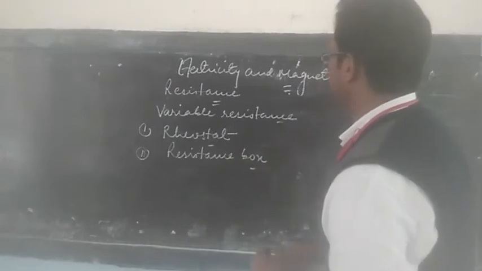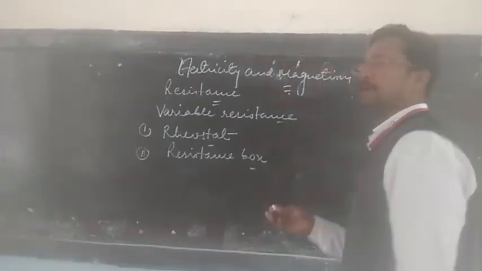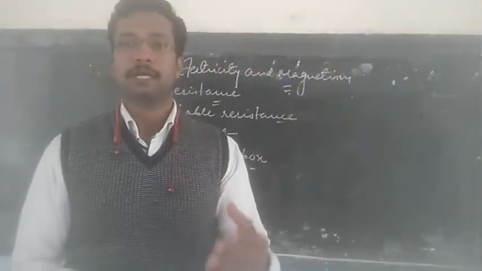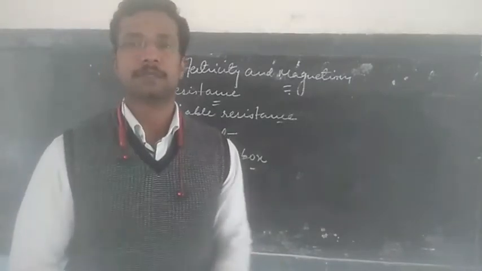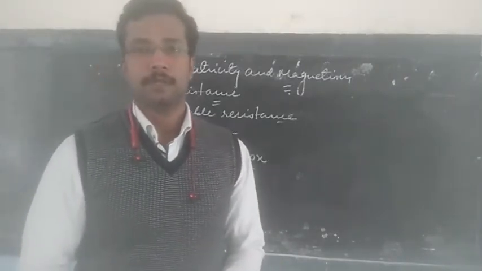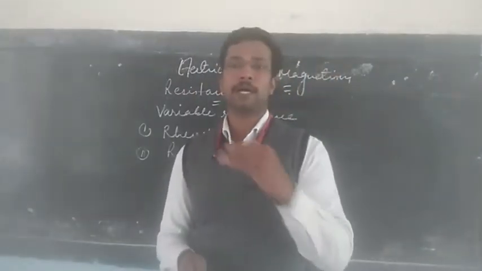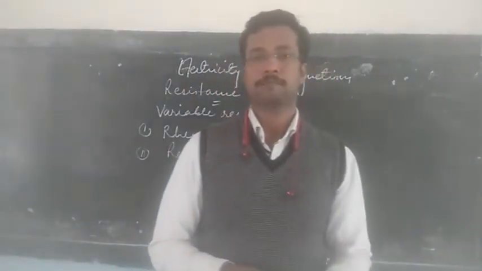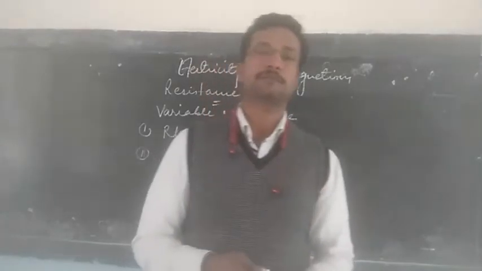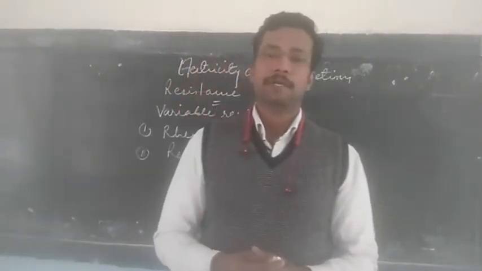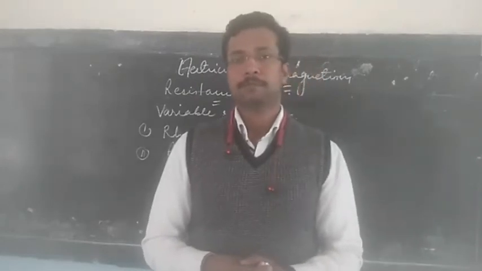Now apart from this, we can have some instruments that can also be connected in the electric circuit. Instruments like ammeter, voltmeter, galvanometer, these are the various instruments. Ammeter is the instrument that can measure the magnitude of the current, that is, how much current is flowing through the wire. With the help of ammeter we can come to know.